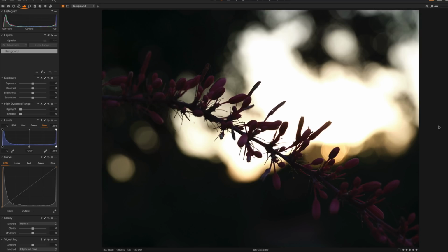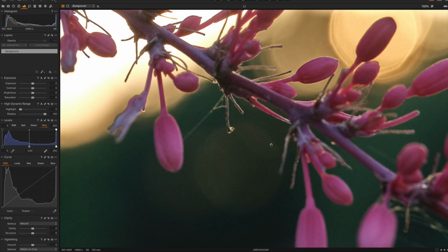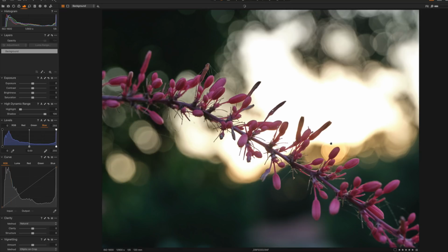This is an image that was shot at a much higher ISO setting. This is ISO 1600, and you're going to see that if I bump up the shadow detail on my HDR slider here, we can recover an enormous amount of shadow detail. However, at 1600, even when you start to recover this much, you are pushing it, and you're going to notice that in some of these darker areas, you start to see a little bit of noise. Now, this is still very impressive at 1600, but my point in showing this to you is that you get